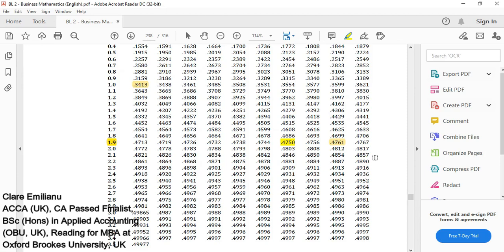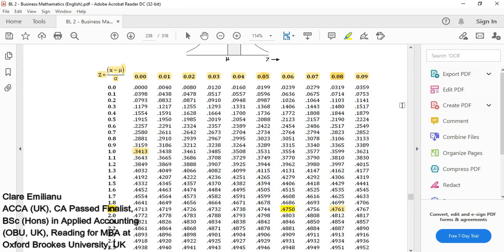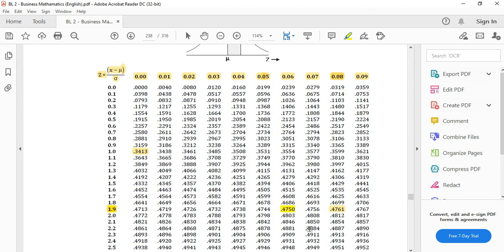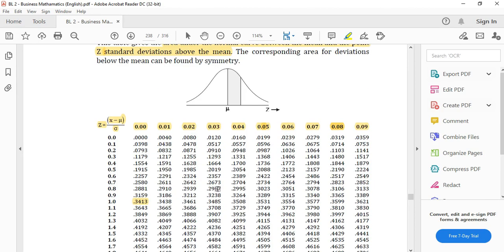As we've learned so far, we have understood how to read the Z-score table, which is the normal distribution table, and also how the Z formula works, which is X, the normal distribution data, minus mean, divided by standard deviation, which gives us the number of standard deviations. And by using the number of standard deviations, which is represented by the vertical and the horizontal lines as you see my cursor move, basically it gives the area under the graph.